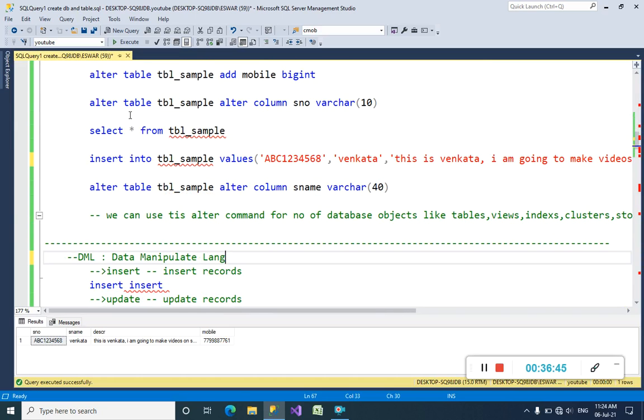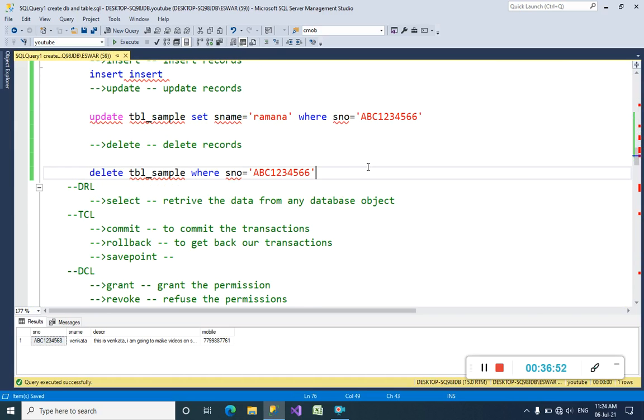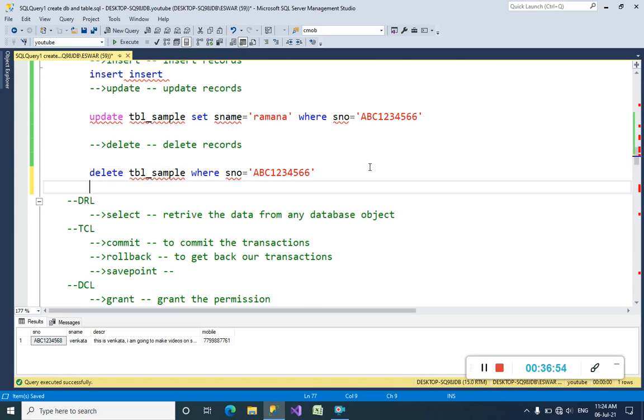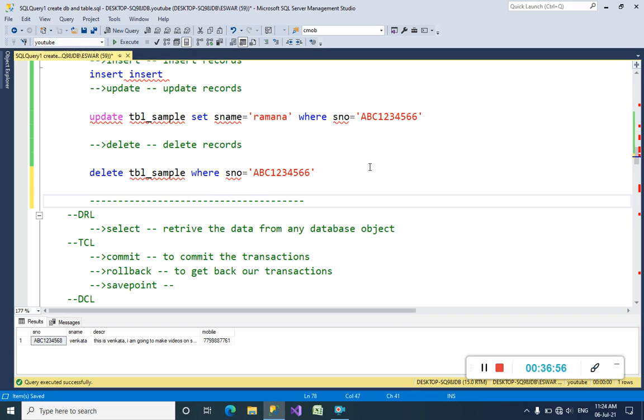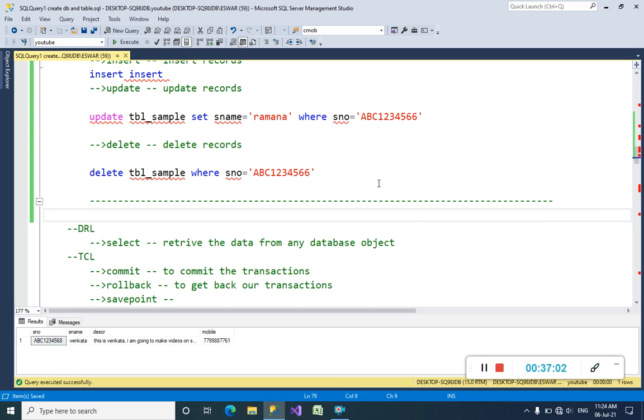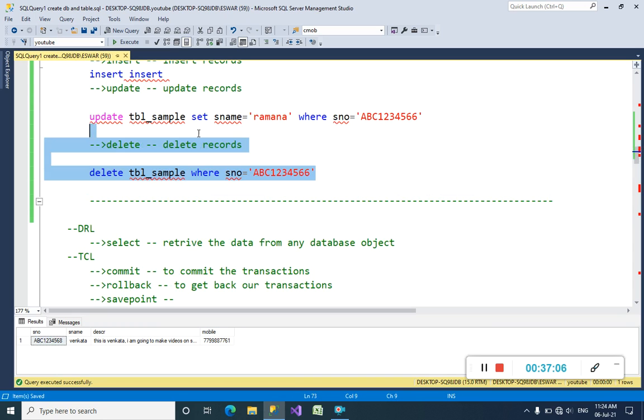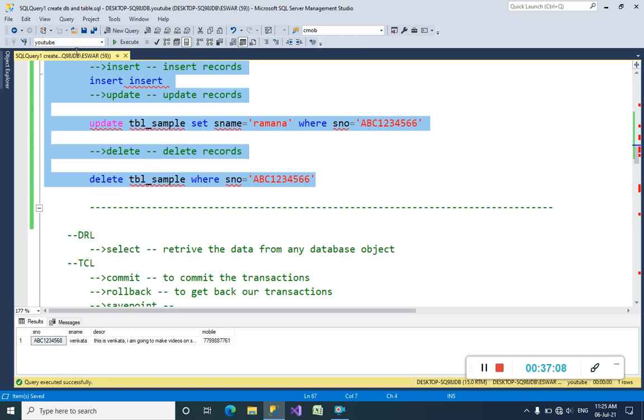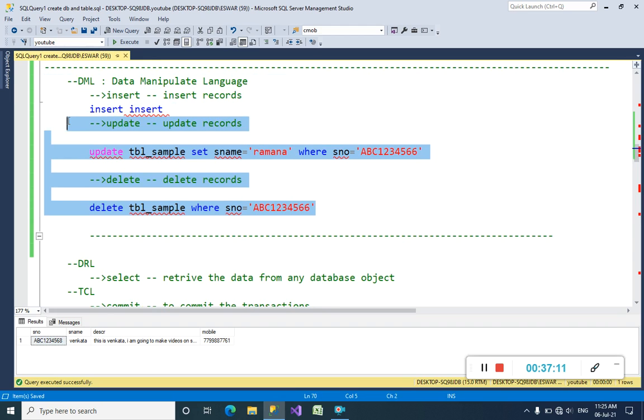DML means insert, update, delete, the commands that affect only the records. Those all come under DML, data manipulation language, which affects the records in the table.